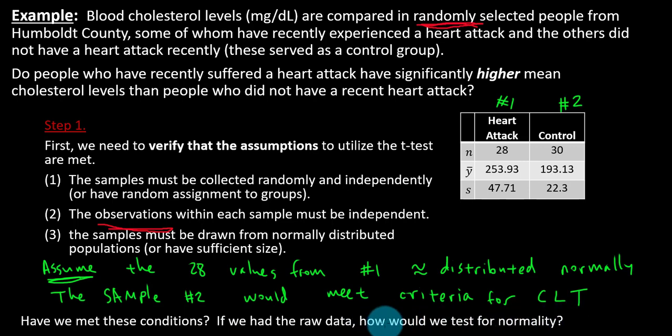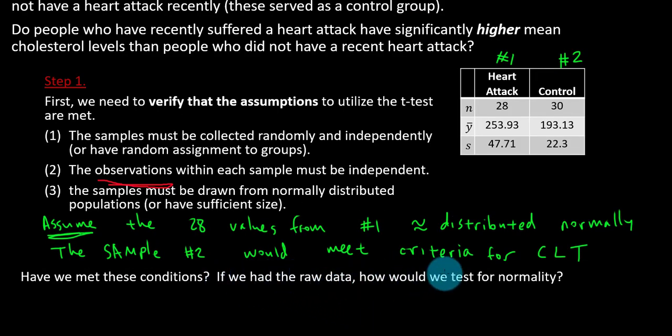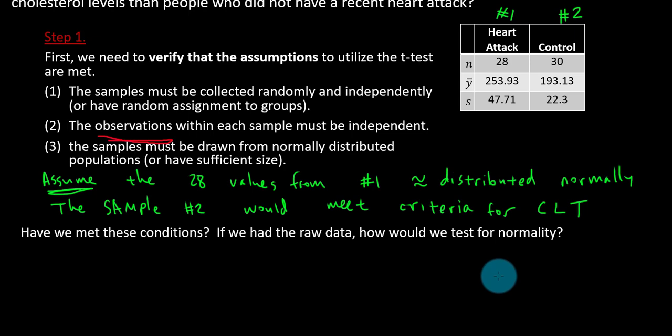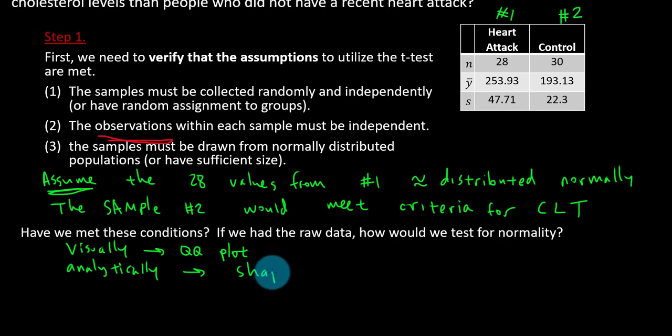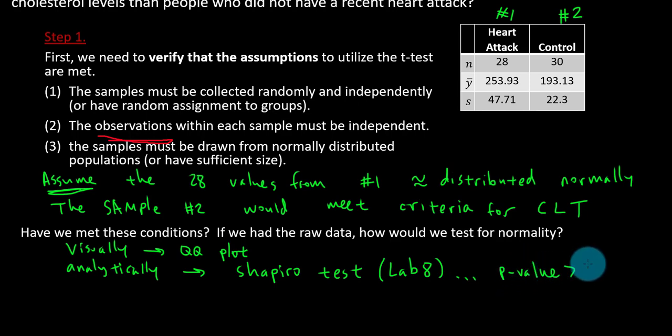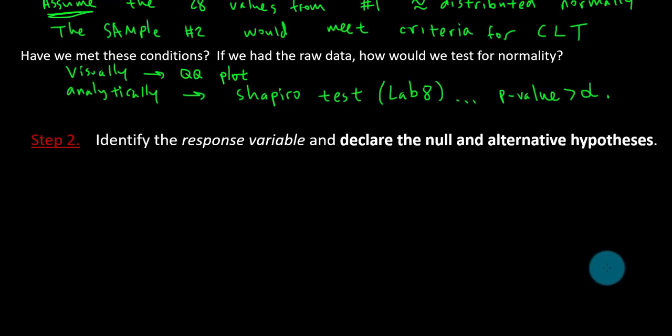Another question worth posing here: if we had the raw data, how would we test for normality? That is, we might visually want to look at the QQ plots in R and then analytically check with the Shapiro test in R. In the Shapiro test, which is described in Lab 8, we would want the p-value to be large enough. In the next step, we will